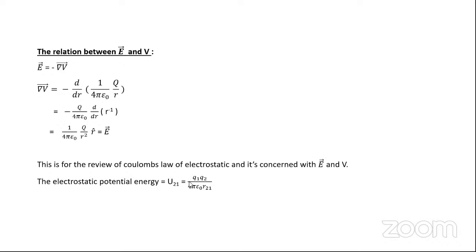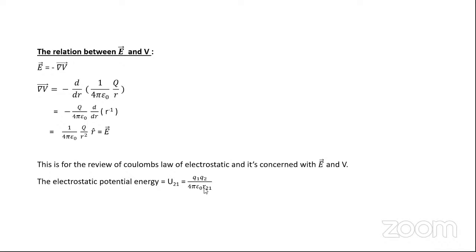Therefore, when we are keeping the second charge at a distance R21 from the first charge Q1, then we need to work against the force of repulsion, because both the charges are positive charges. So force of repulsion will be there,